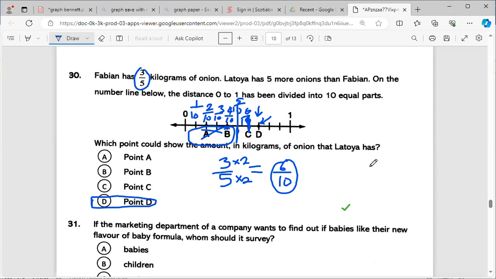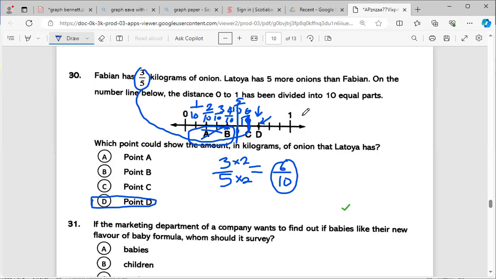Sir, I don't understand how you got D for your answer. Could you go over it one more time, please? Alright, we got D. So the only thing we need to do is identify the weight of the onion that Fabian has. And 3/5, when you convert it to an equivalent fraction, would be 6/10. So right at C, that is what Fabian's onion weighs. But because we know that Latoya has more, and we're assuming that it's greater weight, we know that it's